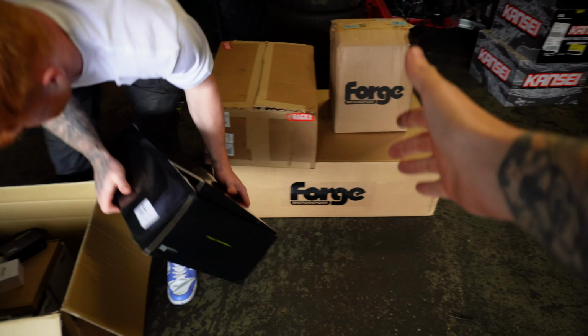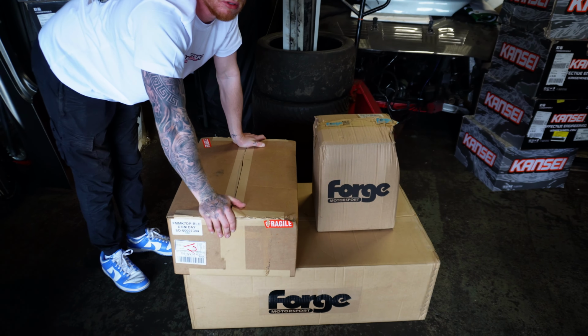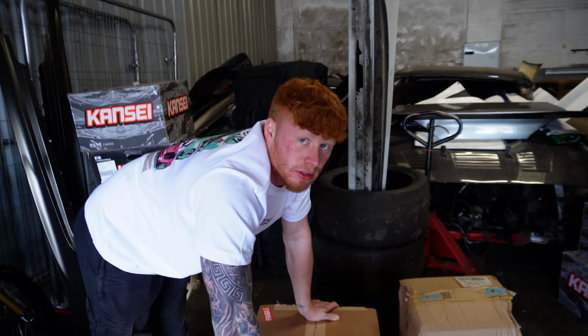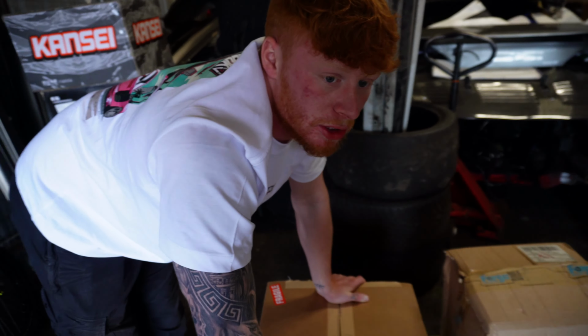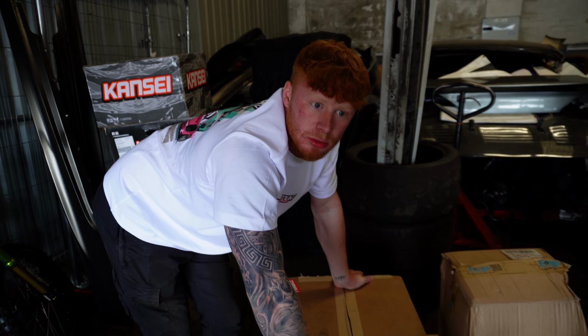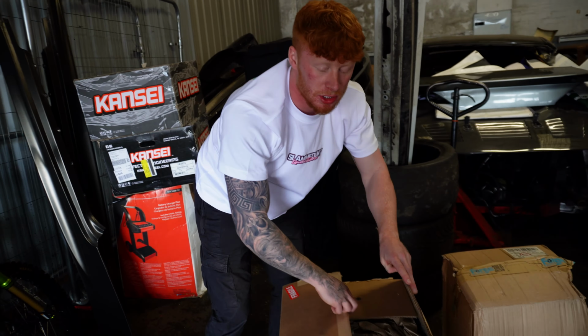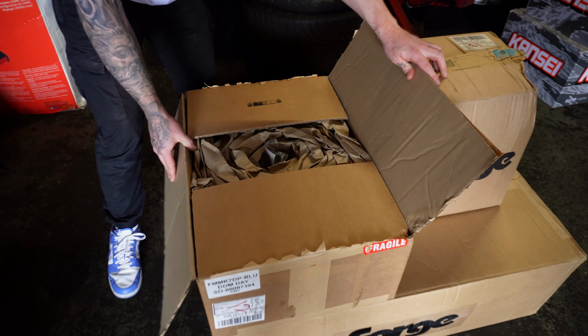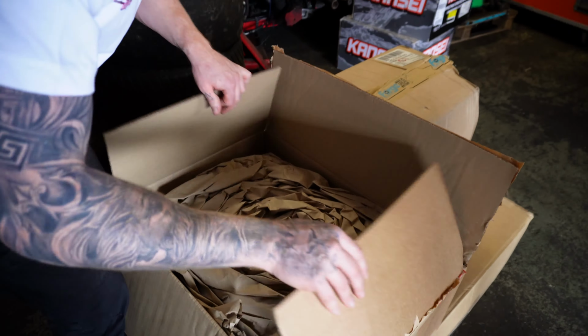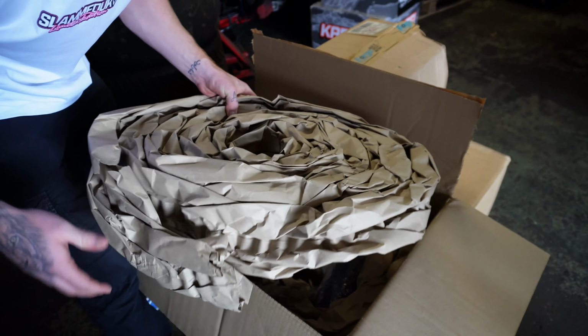Last but not least, Forge Motorsport. Forge have been supporting us for God knows how long. Four years? Five years? So they're OGs, many years. And me and George actually had a chat back at Forge, just to go through what we wanted, what we were planning to build. Granted, things have changed quite drastically. We were building a track car and it turned into a full-blown race car. But nevertheless, they have also shown massive support,